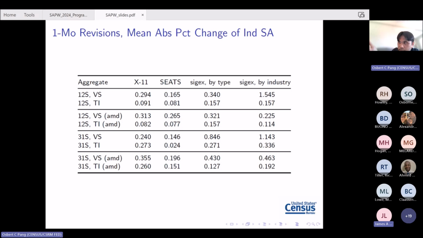We then proceed to successively add a month to this series with the fit, and we see how much the estimates of the terminal point of the series change as we introduce an additional data point. Over here, in terms of the absolute percent change, we see that grouping by industry,